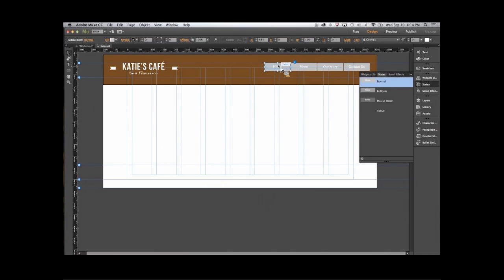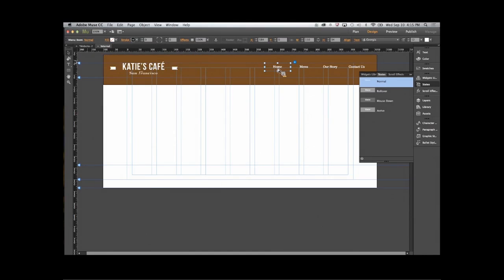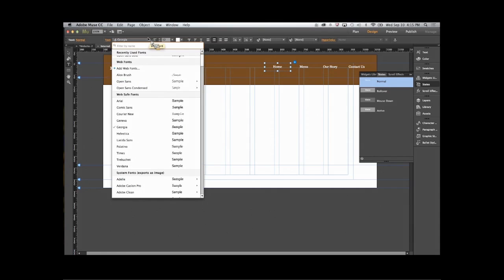So I'm going to click on the first one, and the moment I click on this, I see my 4 states: normal, rollover, mouse down, and active. And I don't like this gray background, so I'm going to change that to none. And I really would rather not have this font. I don't think it's that legible with white reversing out of brown. So I'm going to switch to my type tool, and with this selected, I'm going to change this from Georgia to one of the web fonts that I downloaded, which is